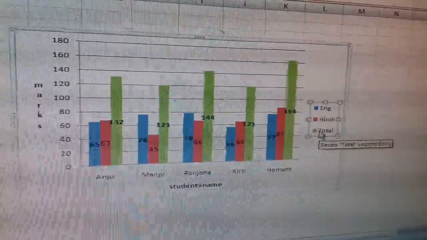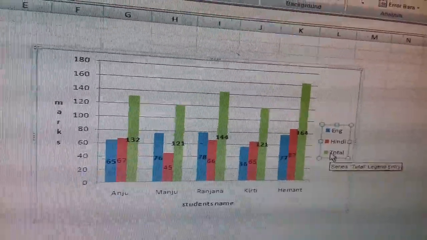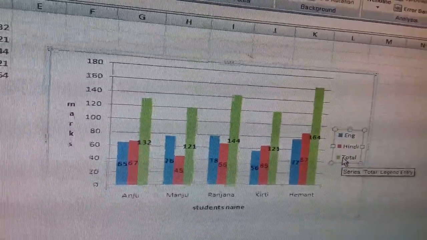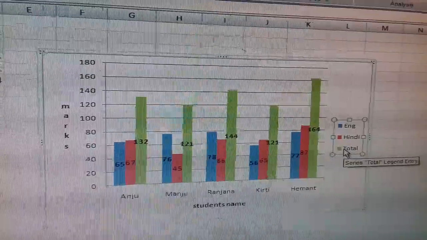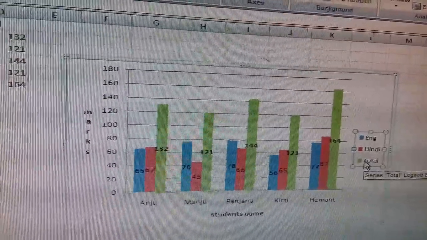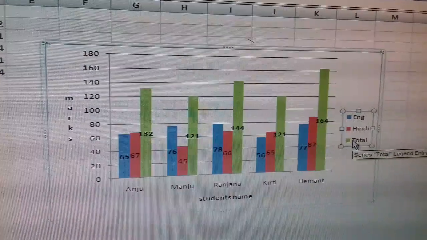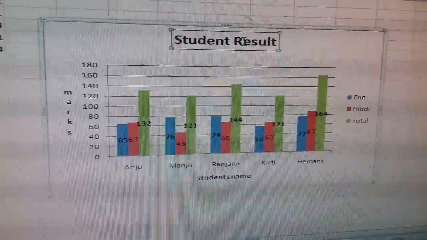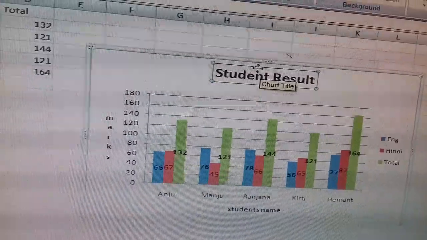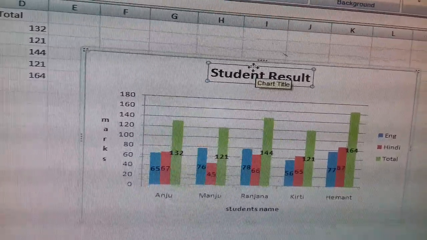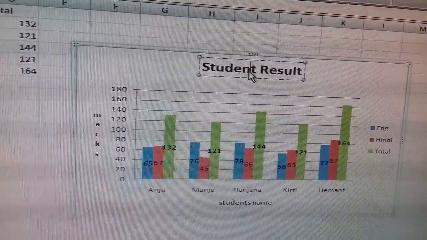What is the work of legend? It depicts the color, pattern or symbol assigned to the data series. It helps to differentiate the data. Now see, this is called chart title. Basically, it describes the aim and the content of the chart. This is chart title.